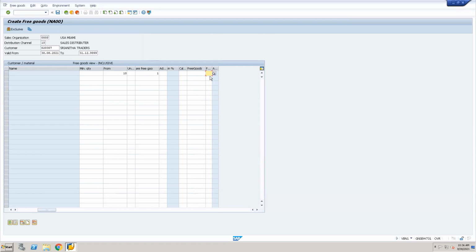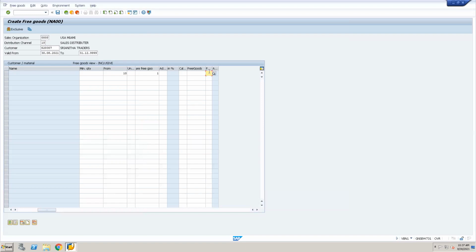For the delivery level, that means at shipping time when you are going to do it, the parameters you maintain here will control that particular free good at the delivery level. You are getting the point?